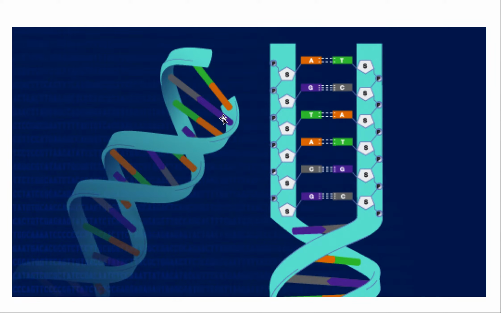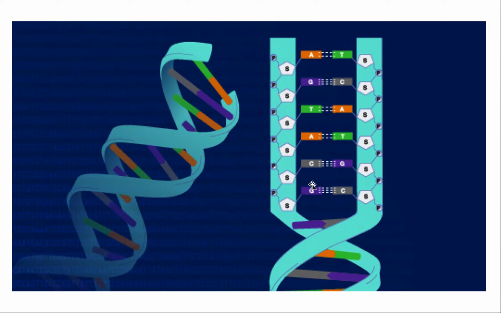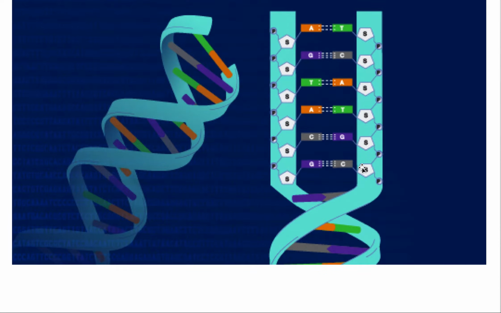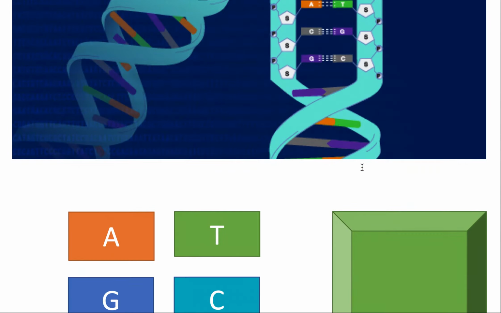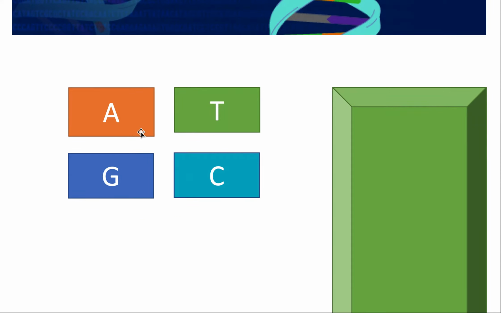But what else do you notice? In this image, you may notice that only A and T go together, and only G and C go together. Never ever does A go with C or G. It's always like this. So that's one of the very things you have to remember. So I'll demonstrate this right down here. So again, here we have